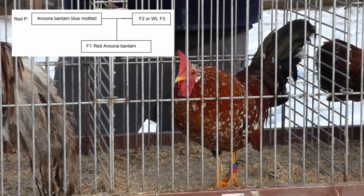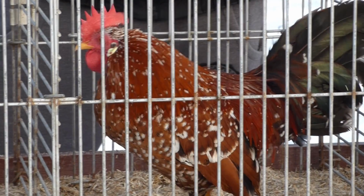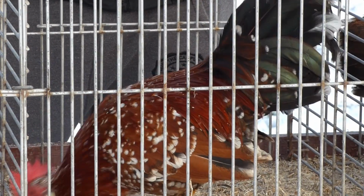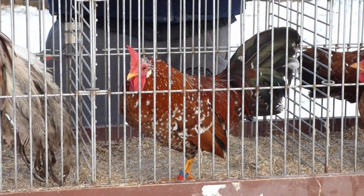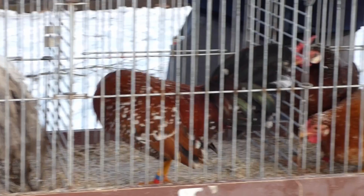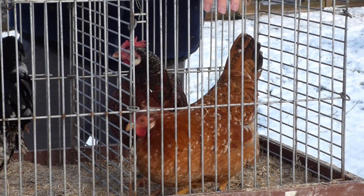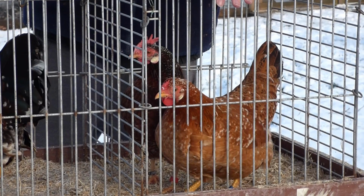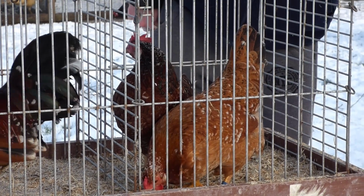He came from Abraham, and the father was a blue mottled rooster and one of the red hens. But those were the ones that got killed by the stone marten. But we have some legacy, and this is still a hen from a cross between Sussex bantam and Wyandotte bantam. Wyandotte bantam, yes. Here we have a wheaten mottled hen,